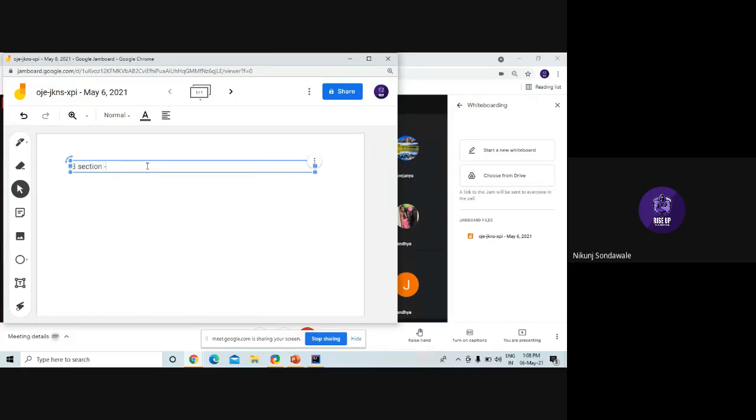Let's say we have three sections in second year, which are A, B, and C. Three sections, right? And each section contains 60 girls.